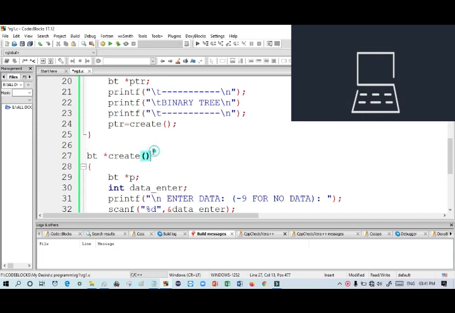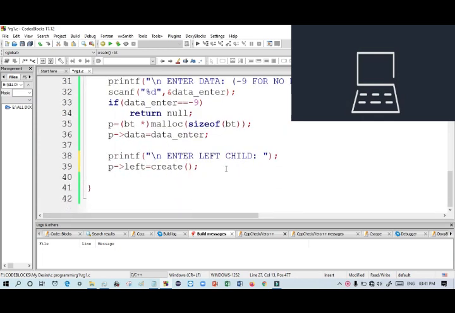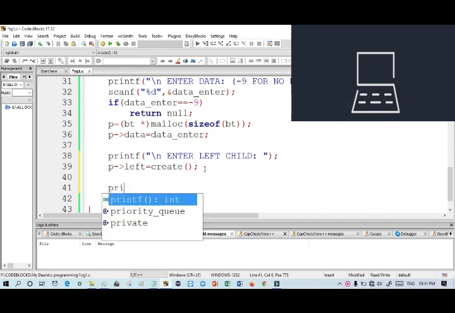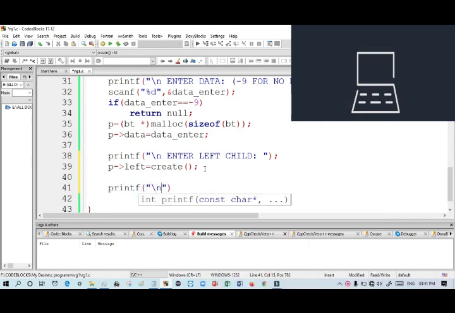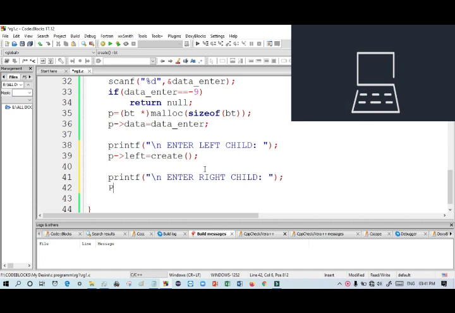You have to remember that. For the left child it will occur in the same way. So for the right child, tell the user, enter right child, then p right equals create.